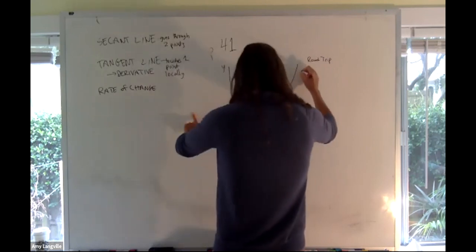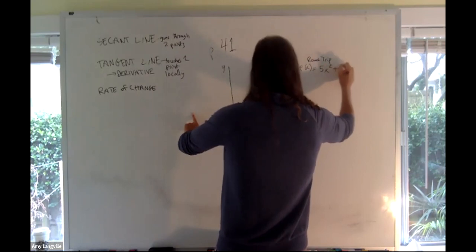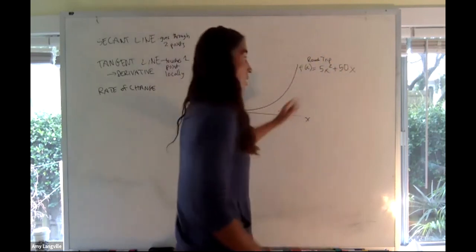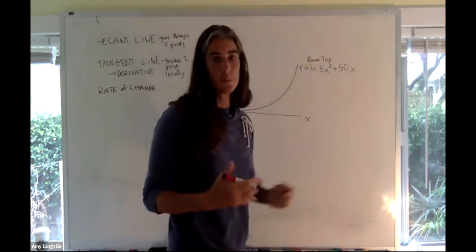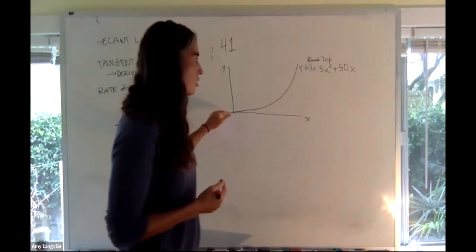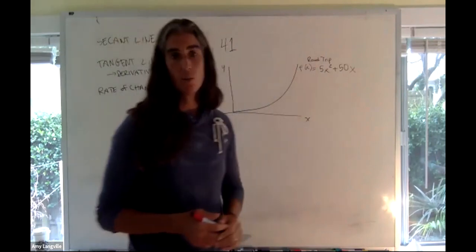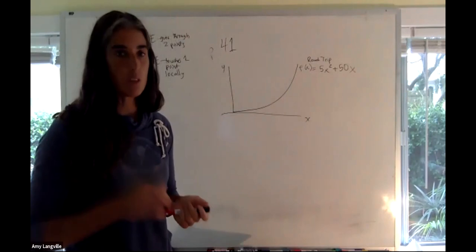And it does have an explicit formula, 5x squared plus 50x. It's a nice polynomial quadratic function, well-behaved, smooth, and we're just going to define it from 0. I think in this case we go from 0 to 4. And the reason it's called the road trip function, you'll see from the videos that you watch,